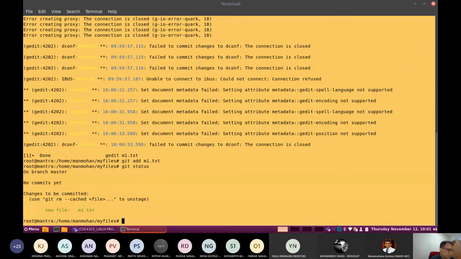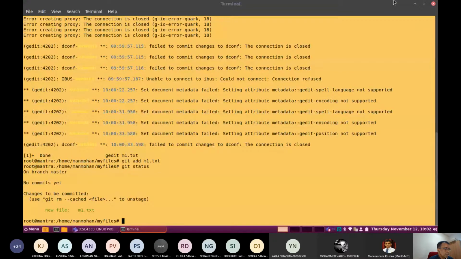What is "no commits yet"? Commit is saving the created content into the file. The staging area is a file that stores information about the changes that need to be committed. The file contents should be added to the staging area before committing them. Older Git versions used the term index instead of staging area. Now we call it the staging area. It is a file that is indexing all the histories.